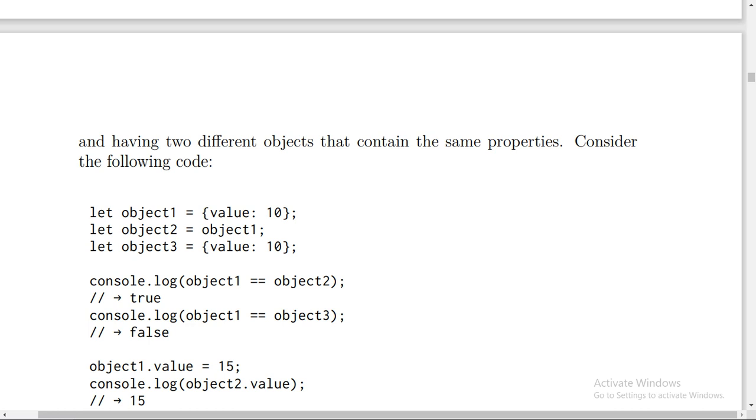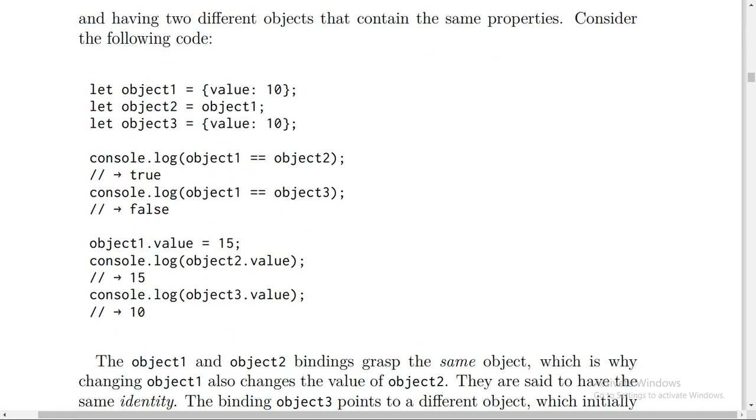Consider the following code. let object1 = {value: 10}; let object2 = object1; let object3 = {value: 10}; console.log(object1 == object2); will be true. And console.log(object1 == object3); yes, it's false. Okay, so object1.value = 15;